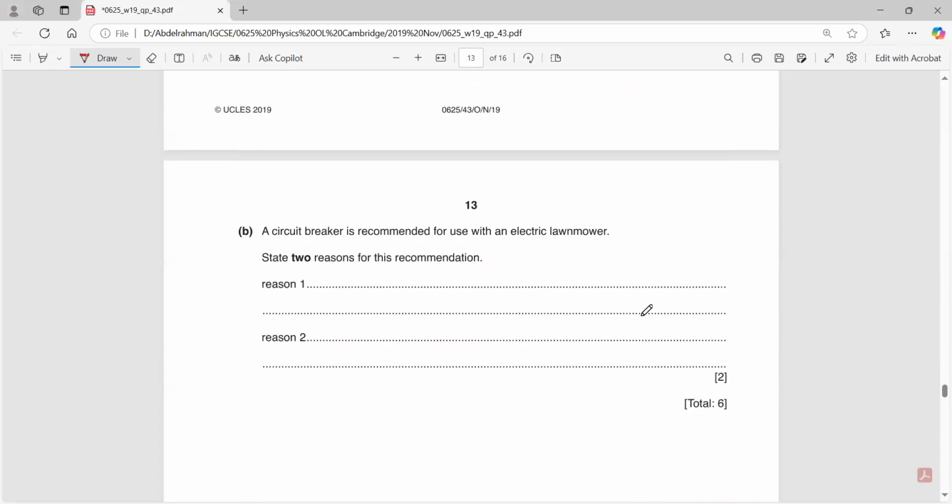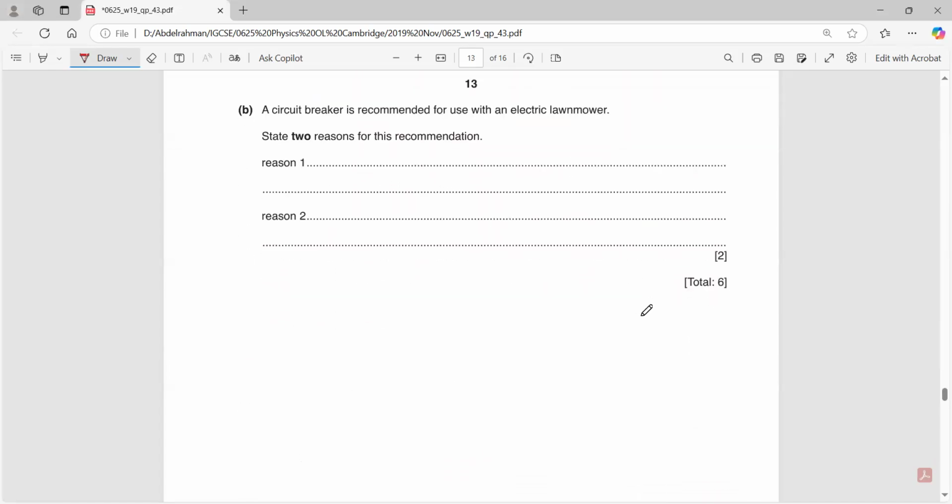Yeah, we're almost done. A circuit breaker is recommended for use with an electric lawnmower. State two reasons for this recommendation. Why should we have a circuit breaker in a lawnmower? First of all, circuit breakers, what do they do? They protect us against overheating, okay? And they avoid the lawnmower from being damaged, okay? So they protect from overheating, it's like a fuse,